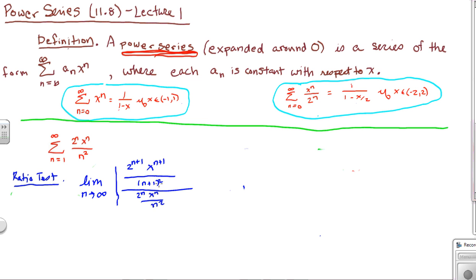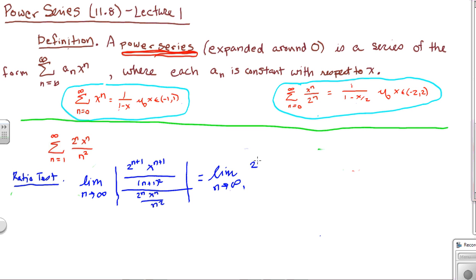Those are absolute values down there. And that simplifies to the limit as n goes to infinity. Invert and multiply, and the only things that might be negative here are the x's, so I'm going to bring the absolute values to the x's, and we get